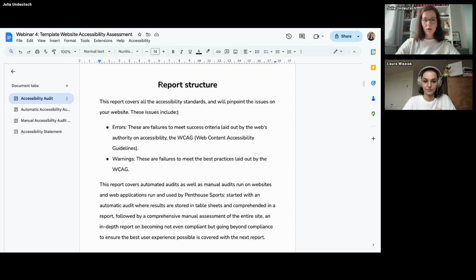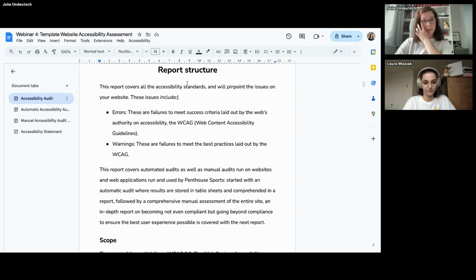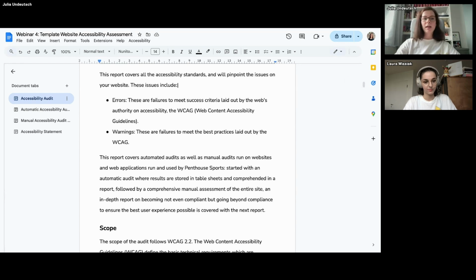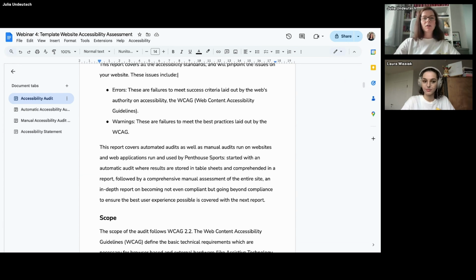And also how I reported the structure. And this is also a part which took me very long to understand how to start and make it easy for the others to better understand accessibility. And in the end, it helped me also to understand it better how the structures or the guidelines are working. So I wanted to make sure that they understand I'm looking for errors they have on the website, but I'm not only focusing on the errors which are for the web accessibility guidelines to fulfill them, but also to take a look at the warnings to go beyond compliance.